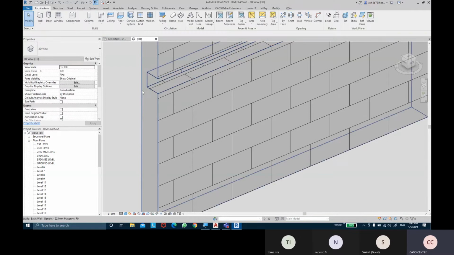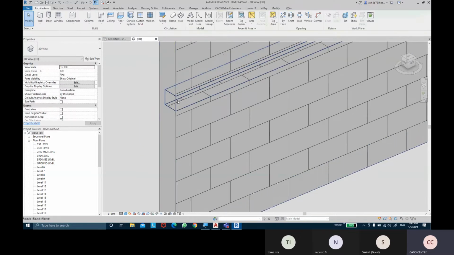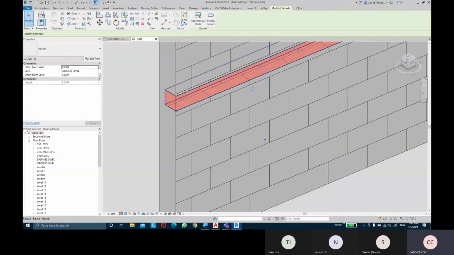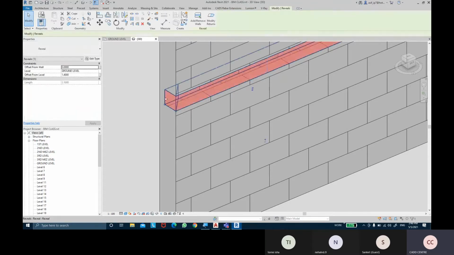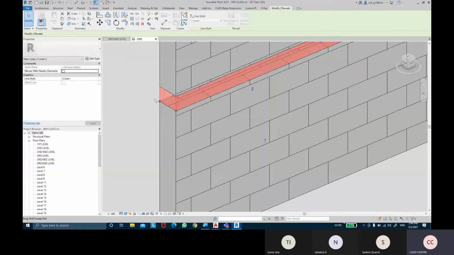Once again, if you want to apply a return cut, select the reveal, and there is an option on the top which says modify returns. Click on it. Just hover the cursor around and you can get that end of the reveal highlighted. Before you click, make sure it's set to return, and you can provide the angle of return as well. So I provide 90 degrees, and you click on it, and it's going to cut through that end. Then I select that reveal once again and drag this point back to the end of that. Here we go, it's done.